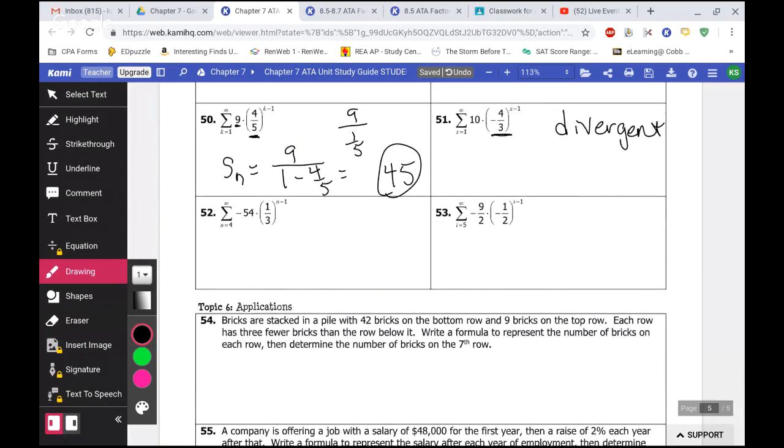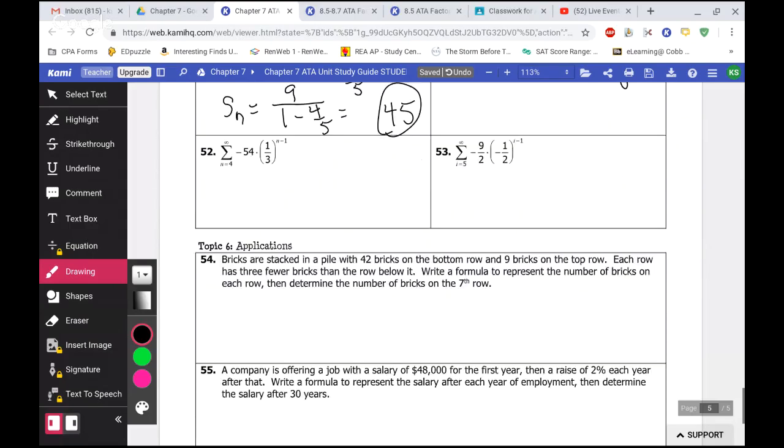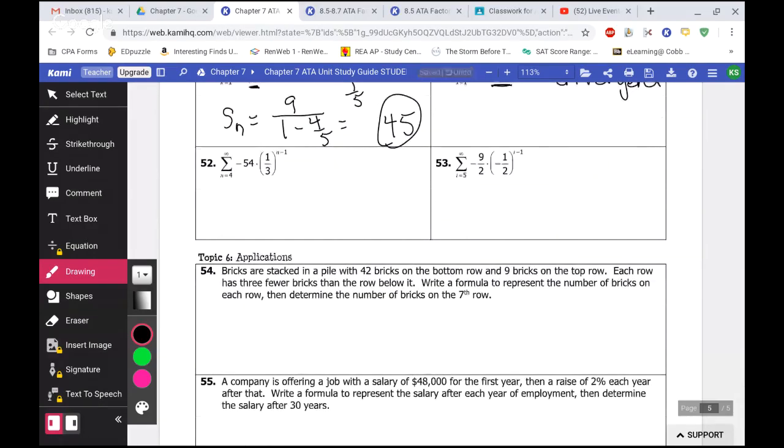You want me to do 52? That's okay. I think I can do it. Okay. Oh, wait. It was one that was emailed about, so I am going to go ahead and do it if you don't mind. Yeah, that's totally fine. Okay. So we'll take the value of the first term, which is negative 54, and then 1 minus the common ratio, which is 1/3. So that equals negative 54 divided by 2/3. So if I keep, flip, change,